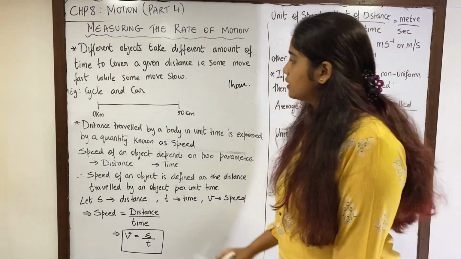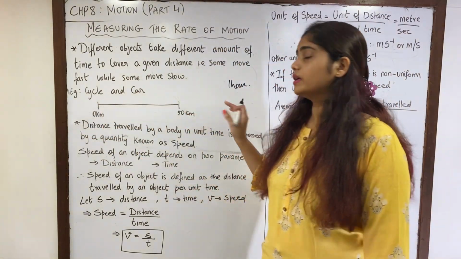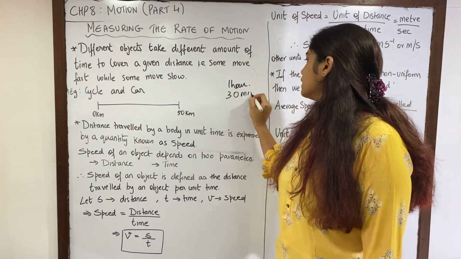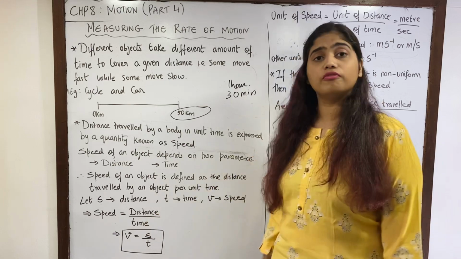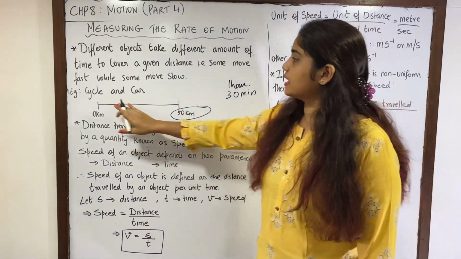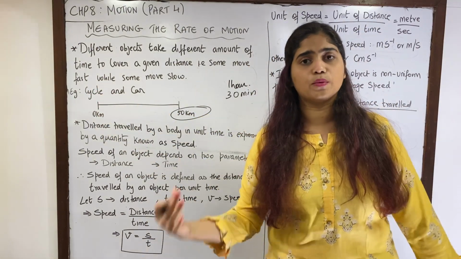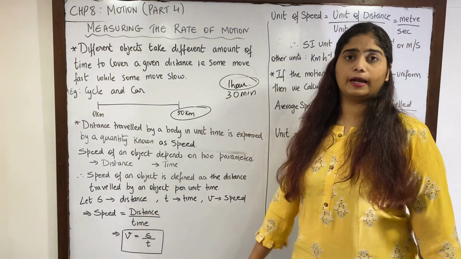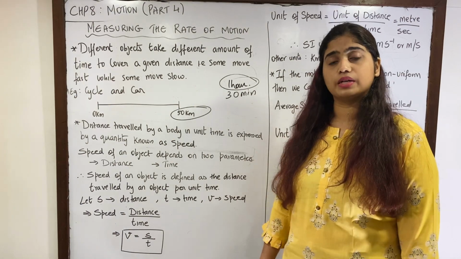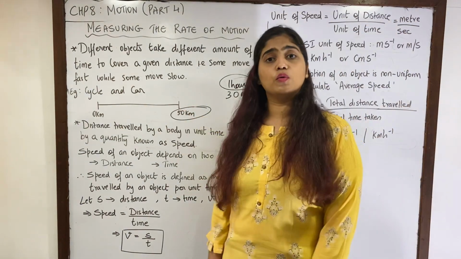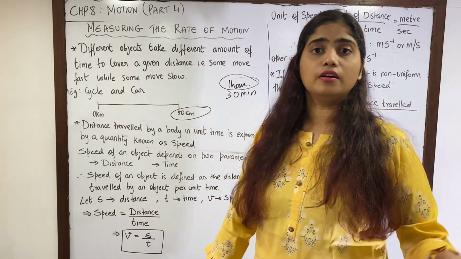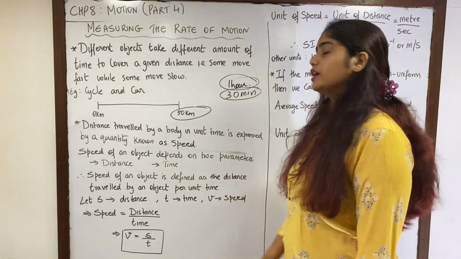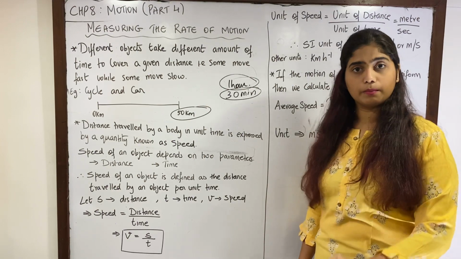But there's another guy who is going to travel 50 kilometers with a car. Then you will see that he is able to cover this particular distance of 50 kilometers within 30 minutes. That is, the cycle is going to have a slower rate with which it travels, and that is why it will require a longer time duration to cover these 50 kilometers. But the car is traveling with a higher, faster rate, and that is why it is able to cover this 50 kilometer distance in only 30 minutes.